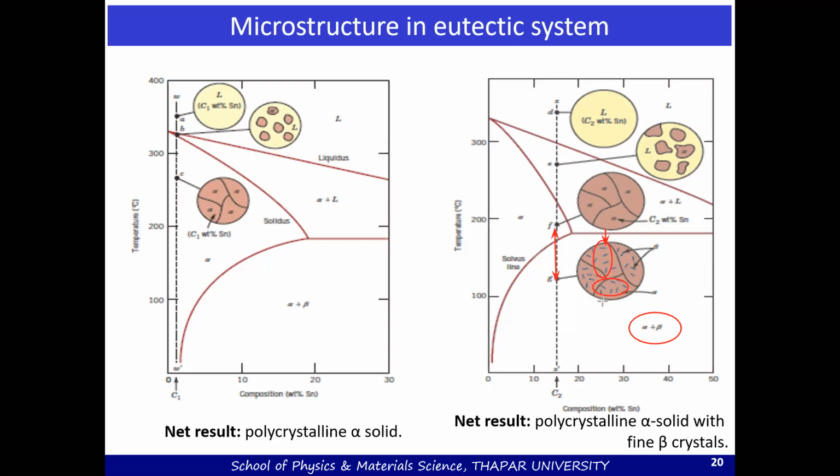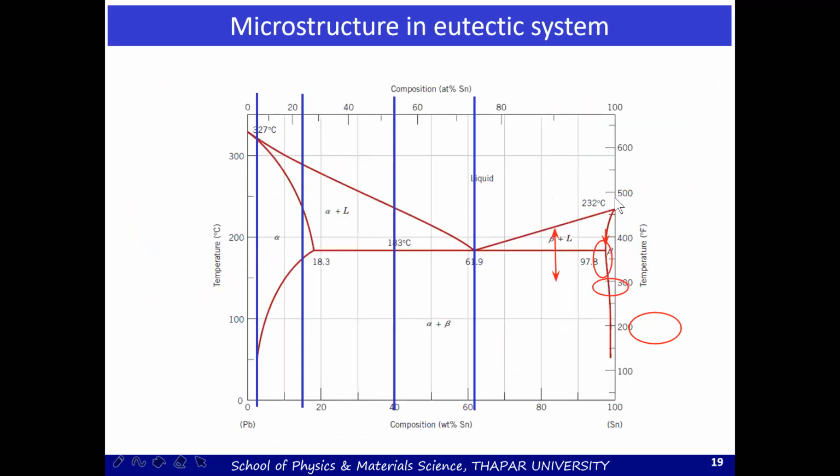So where has the beta phase come from? Because there was no liquid left now, this beta phase actually evolves out of the alpha phase. Now, to understand this, you should be able to understand the difference between alpha and beta. Alpha is basically the phase which is growing on the left edge of the phase diagram. Let me go to the full phase diagram so that I can explain it better there. Here you can see it better.